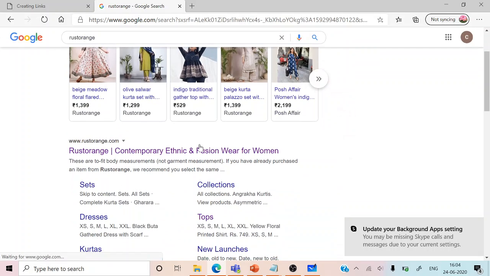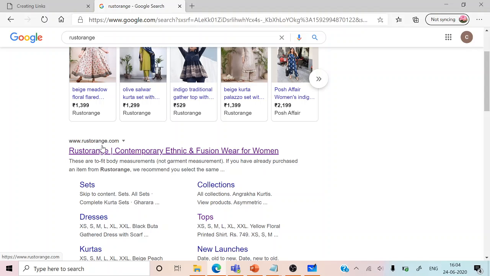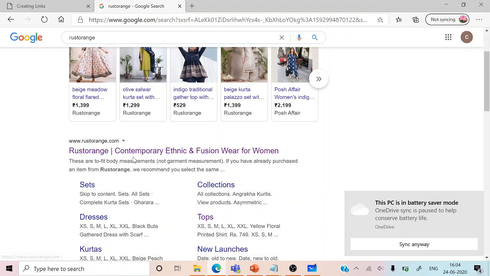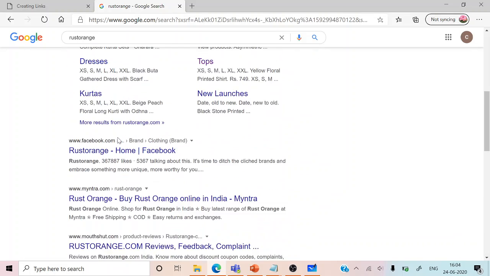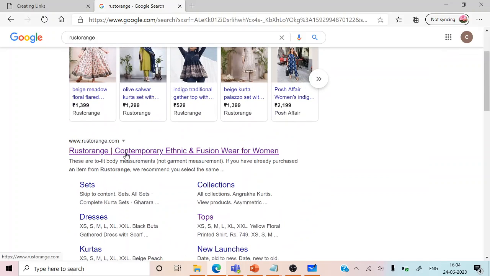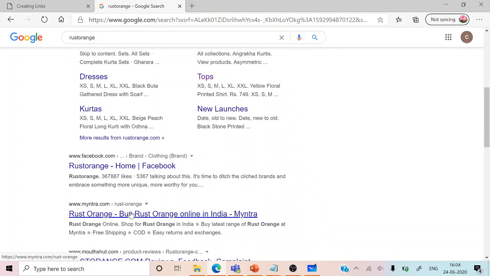This is the color which is already visited, so they are using a blue color, and the others are a different shade of blue, and here it is purple. This site has already been visited, so it is coming in a different purple shade, and this is the blue color. So these are the links. These are the global links where I am connecting to a different website entirely from Google.